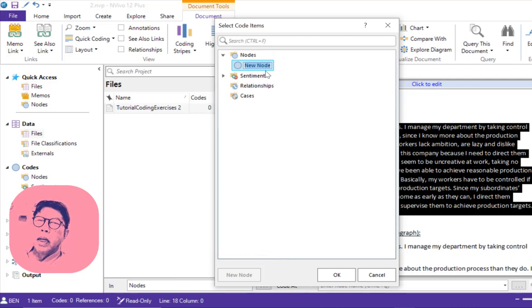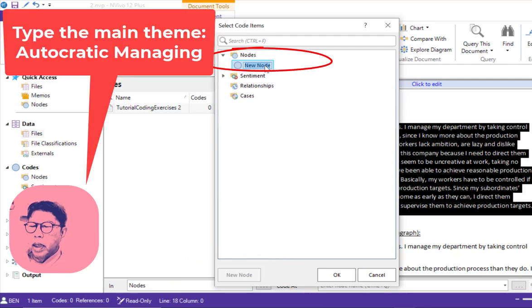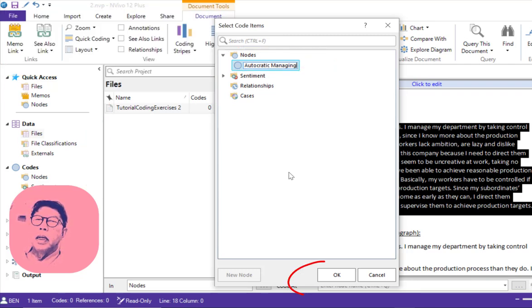And then type the main theme there. Autocratic management or managing. And then click OK.